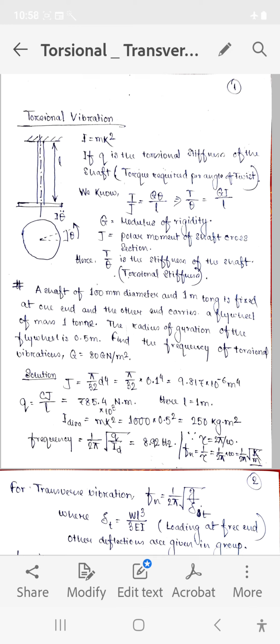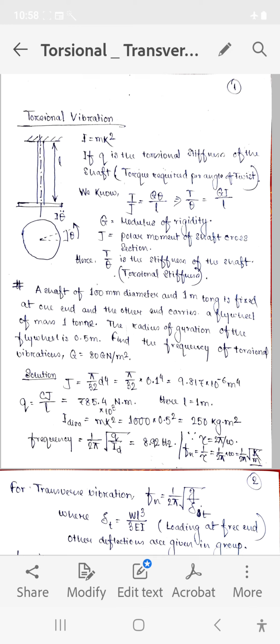Now J, as we have said, the centroidal moment of inertia for torsion, is pi d to the 4 by 32, and we got this value. Now Q, that is the torsional stiffness, equal to CJ by L. Earlier I have shown it by G, now I am representing the same thing as C. I could have written G actually. Now see that value, I have not shown you the detailed calculation, so it is